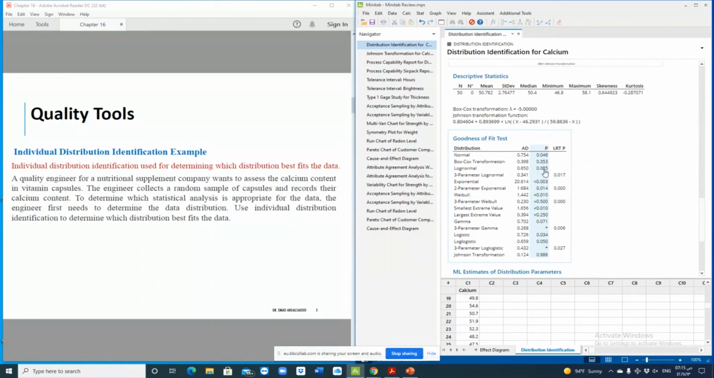We have 0.085 and 0.046 for the normal, and the Weibull 0.01. We have a large number in here, the 3-parameter Weibull distribution. Also, we have the log normal, which is also acceptable. The Box-Cox transformation is 0.3, and we have here some values for the LRT, which is the likelihood ratio test, and